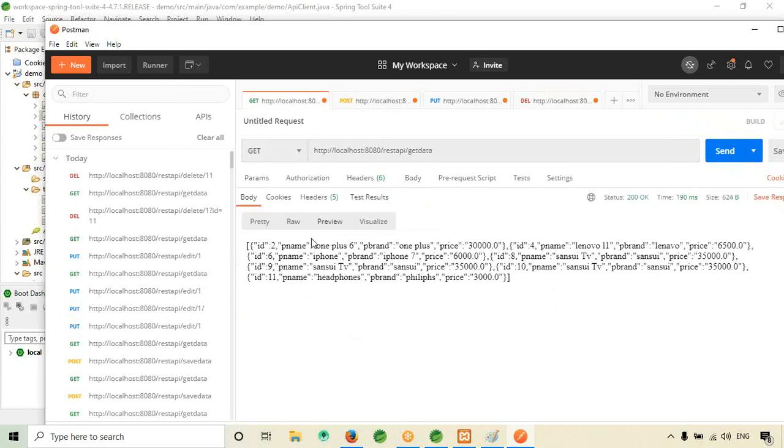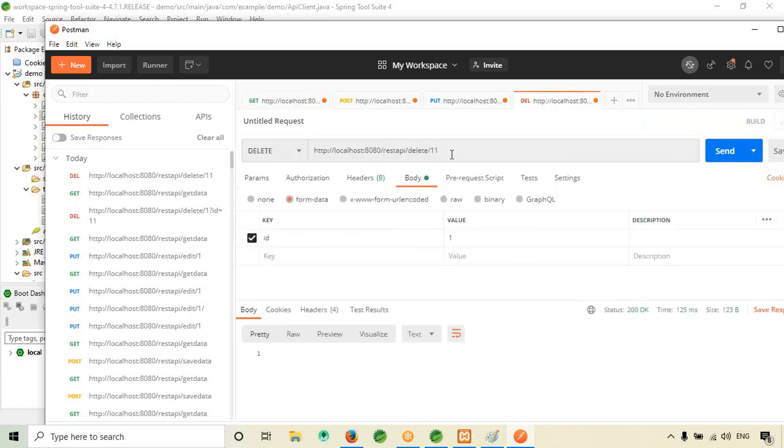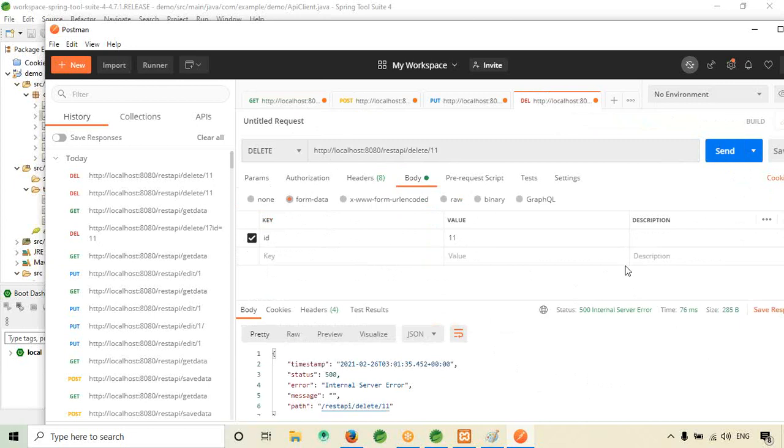Okay. So now I want to delete 11 and pass 11 here. Click this 11. Okay, I think you don't need to send this one as well. I think it will work, I guess. 11 here only.